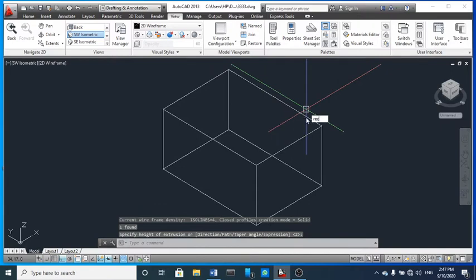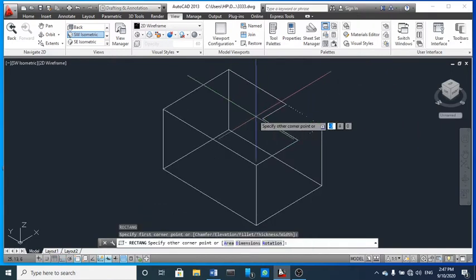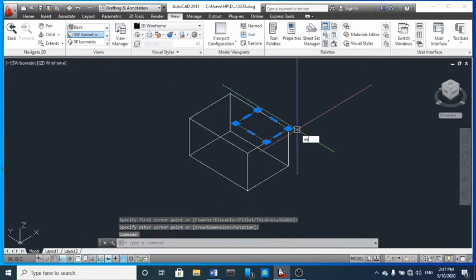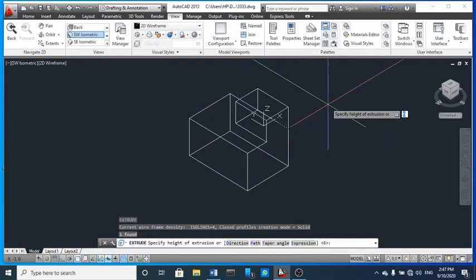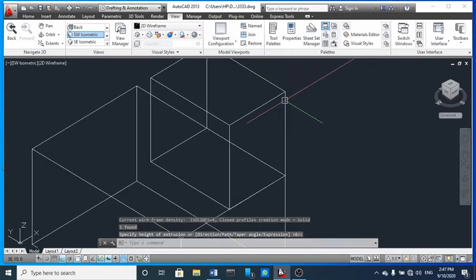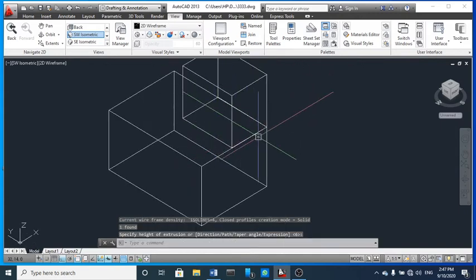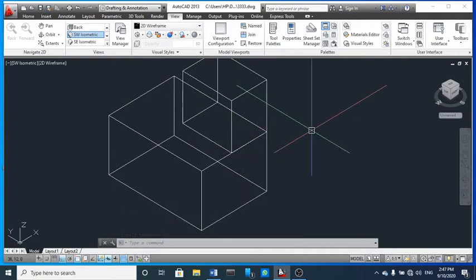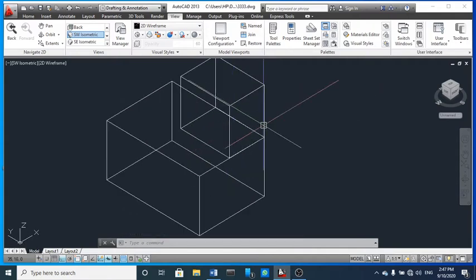Another rectangle I am going to draw from this point. Again I am going to extrude this with a certain height. So you can see two rectangle objects. So it's in 3D.